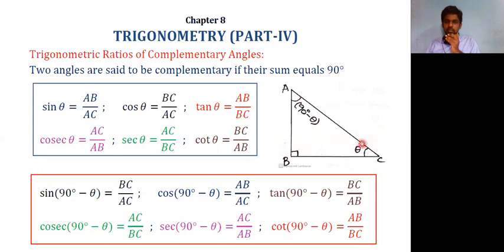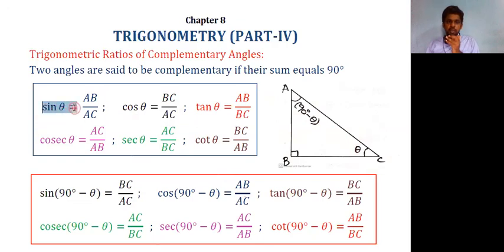So we know that the sum of all the angles in a triangle is 180 degrees. So if this is 90 degrees, the sum of these two angles is 90 degrees. So therefore, these two angles are complementary angles. So if this is theta, this angle will be 90 minus theta. Which means angle C is theta, angle A is 90 minus theta. So we have two boxes here based on these two angles. The first box, blue color box, is based on the angle C, and the red color box is based on the angle A.